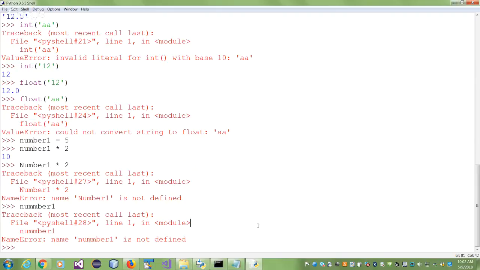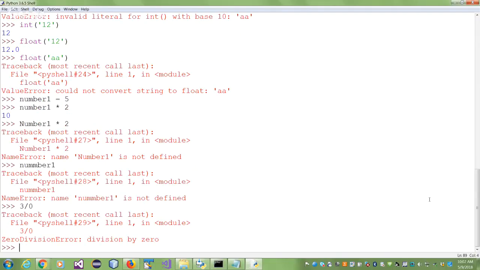You have to remember these 2 things. Now, if I wanted to get some other kind of error, I'm just showing it to you. If I try to divide 3 by 0, division by 0, I get a zero division error. Notice the name of the error. Can you divide a number by 0? No. So learn to also see these error names.